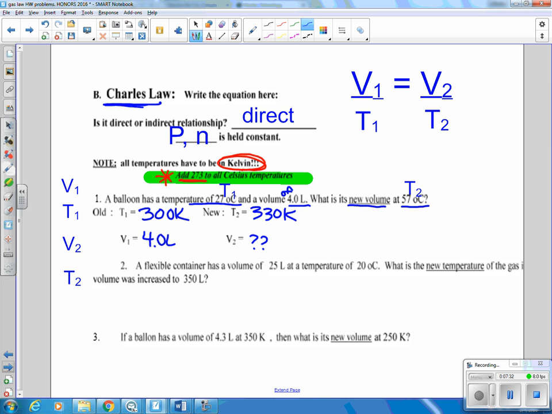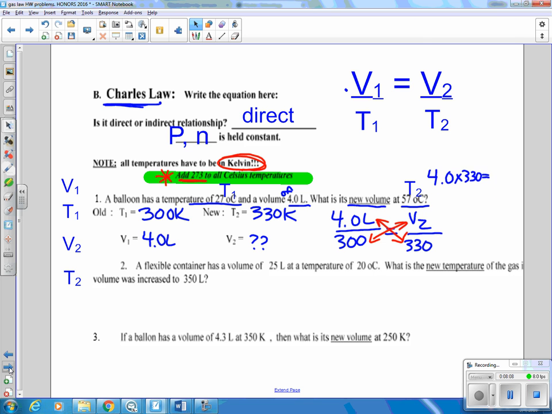Okay, so let's go ahead and follow the equation up here and take 4 liters and put that over 300 and set that equal to volume 2, which we don't know, over 330. Okay, and when you do this, you're going to be cross multiplying here to solve. Cross multiply these like this, and when you do that, you're going to have 4 times 330 equals